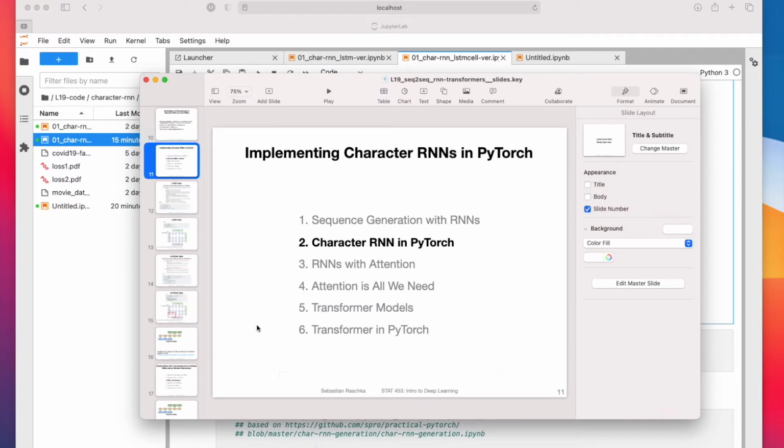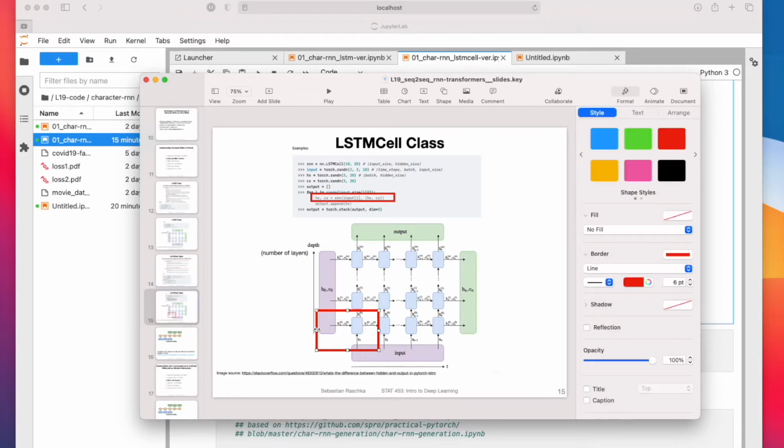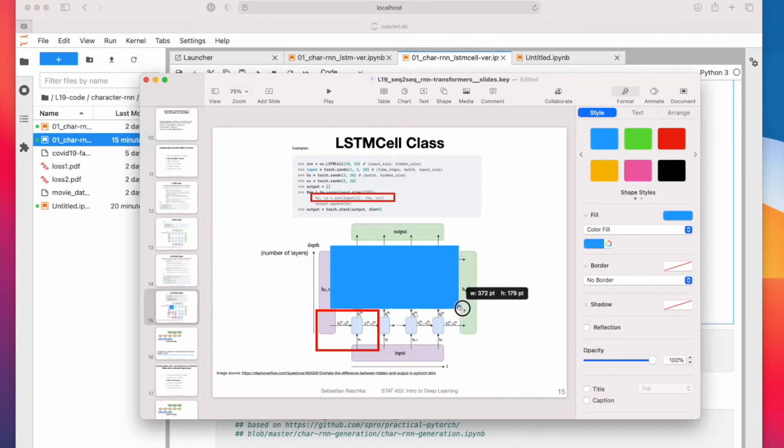So going back to what I talked about in the previous video, here that's the LSTM cell class, and we will only consider one layer. We can easily extend it for multiple layers, but we will only have one layer.